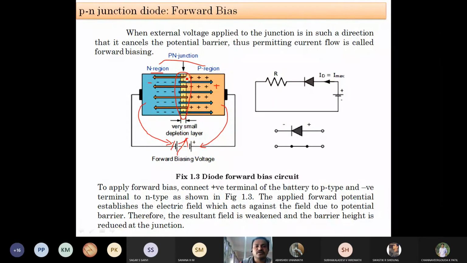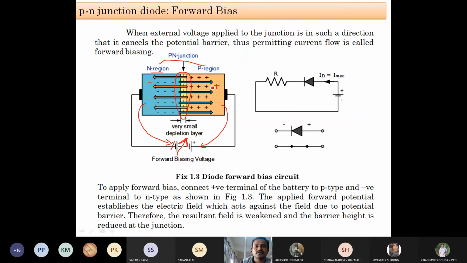Okay, so we can apply a bias voltage which is going to completely eliminate this barrier. So once it is removed, obviously it is going to act as what? It is going to purely act as a conductor. It is not going to show any semiconductor characteristics. It is going to purely act as a conductor because there is no opposition, there is no crossing concept. Holes easily move towards negative and electrons easily move towards positive without any crossing, without any barrier. That is going to happen at a particular voltage applied to this diode.